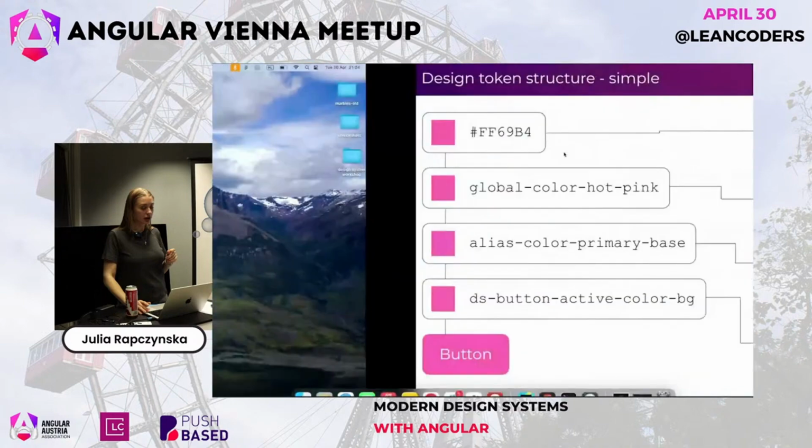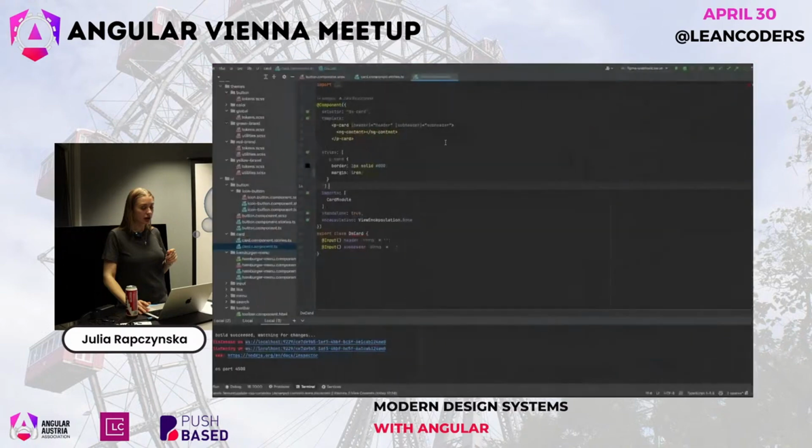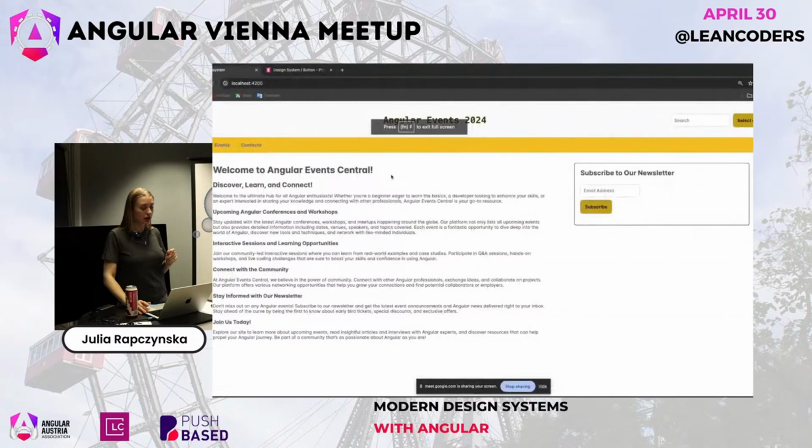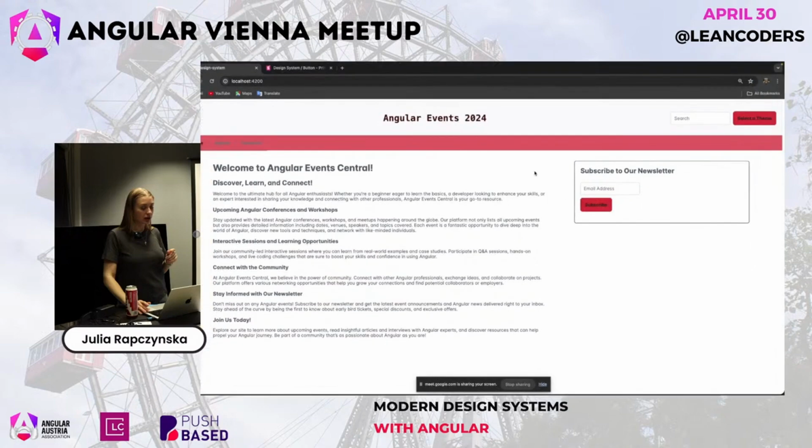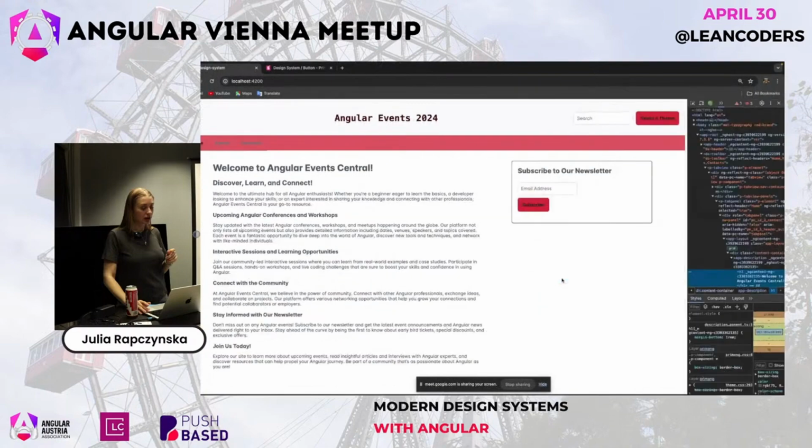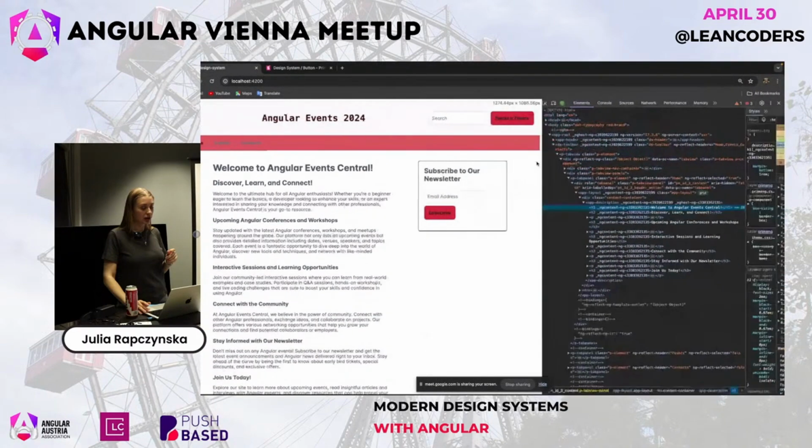Maybe let's look at some example here. Let's say we have a simple app we want to build in order to announce the Angular events that are coming this year. And we have the application that has a few themes, so we have color differentiations when it comes to a couple of components and the header here. When it comes to the button, how should the button know which is the primary color right now? So when we look at the source code here, we know that we have,